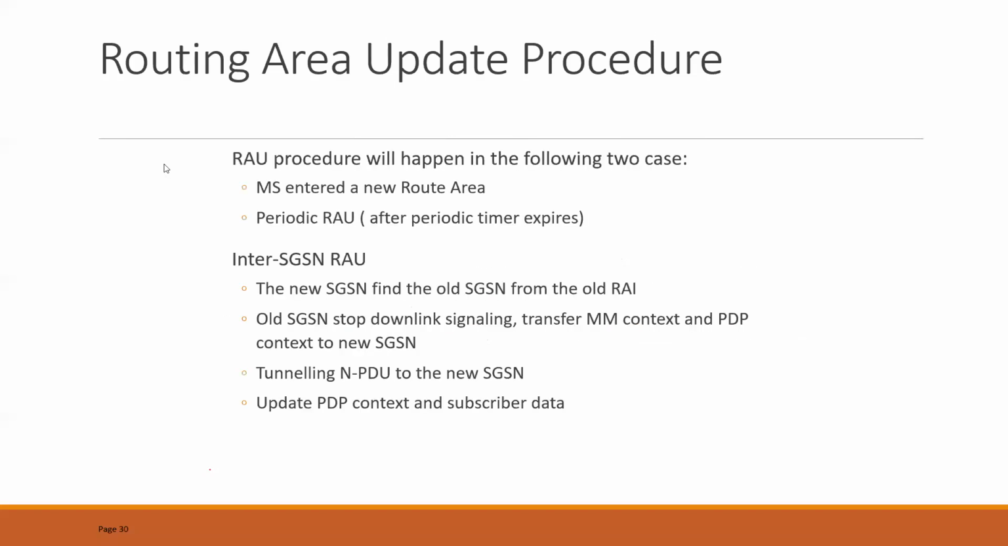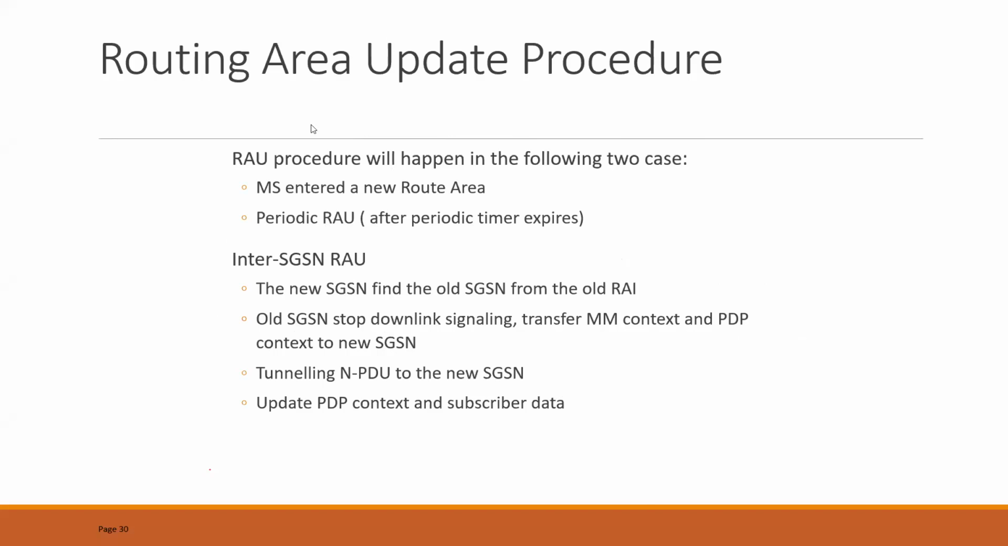Okay. So a routing area update proceeds when you are entering a new routing area or if your periodic routing area update timer expires. In an inter-SGSN routing area update, the new SGSN finds the old SGSN from the old RAI. This is based on DNS. The old SGSN stops the downlink signaling, transfers the mobility management context to the new SGSN, and the PDU tunneling is transferred to your new SGSN, and your PDP context needs to be updated to the GGSN